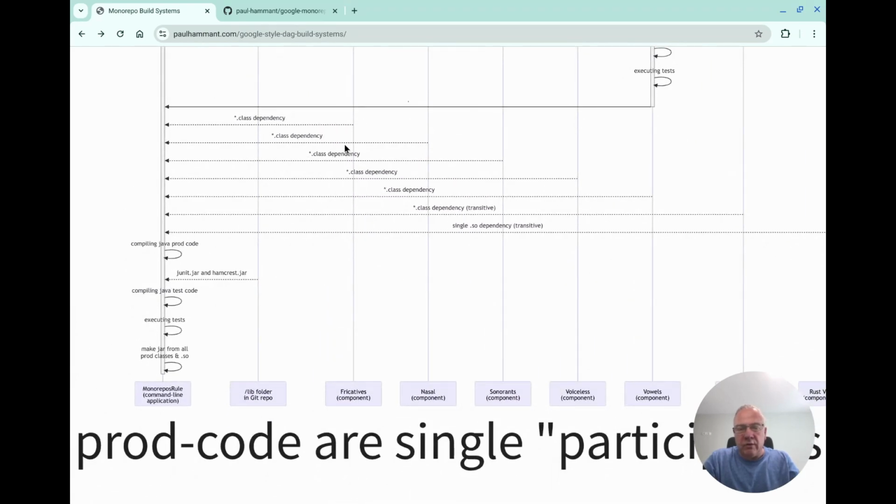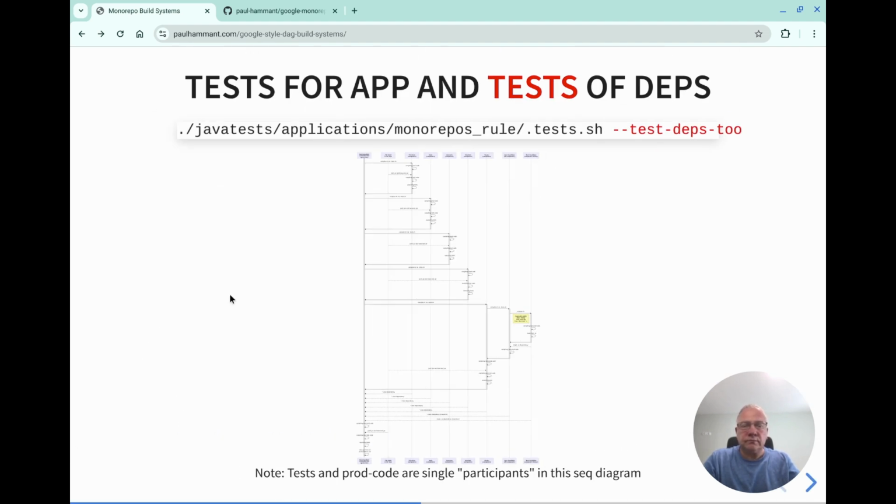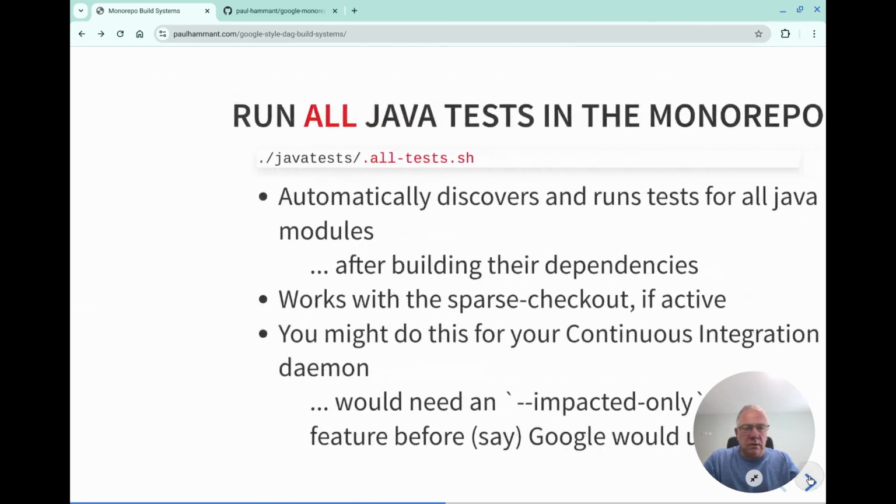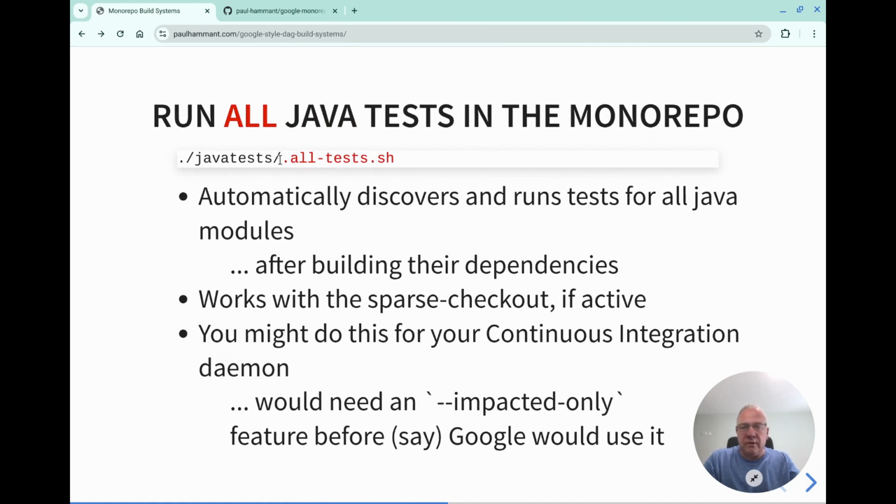And then we carry on acquiring all the class dependencies. We go through the regular pieces, which was the tests for monorepos rule, then executing those tests, then making the jar as it did before. Then there's some convenience scripts like run all tests. So regardless of what was in there, we saw a second application that would run those tests too if I'd